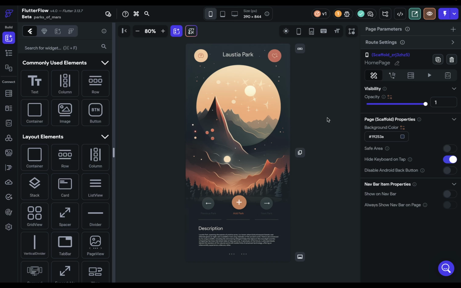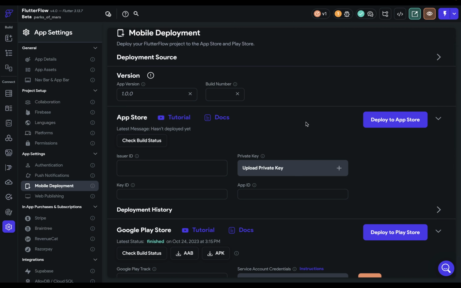In this video, I'm going to show you how to deploy your app to the Apple App Store. So to do that, you want to come down here to your settings and come down to mobile deployment. And this App Store section is what we're looking for. Now, once we're ready to deploy, we just smash this button here, but we need these 4 pieces of information